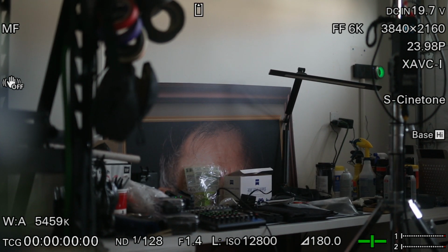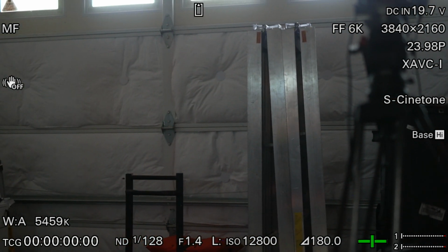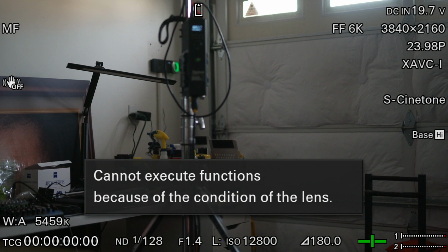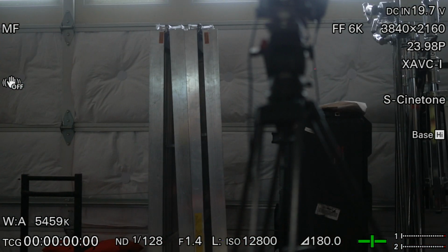Condition of the lens. Interesting. That's cool. Is the autofocus switch on? Yeah, on the lens, yep. It's on. Interesting. So I guess maybe not. Maybe I'll need to update it. I don't know. Firmware update for the...